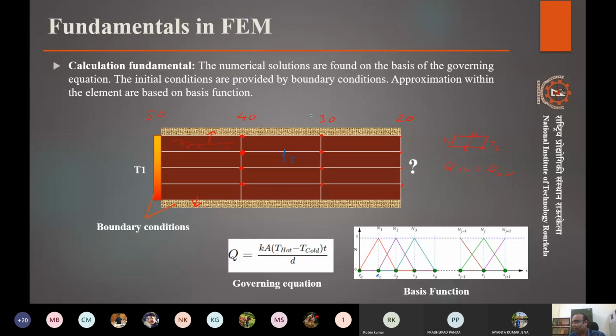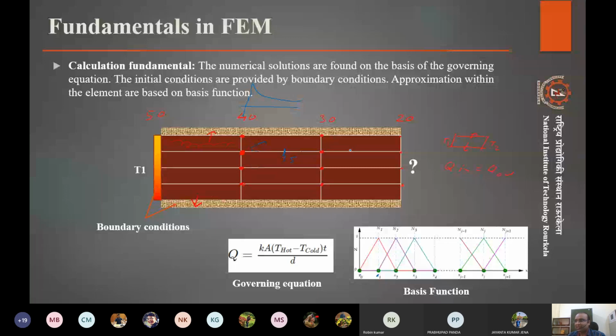But this can be quite different also. It can have an exponentially decreasing value as well. It can have a quadratic value as well. On the basis of that, we can calculate in 2 dimensions as well as in 3 dimensions. So ultimately we will have a full-scale visualization of how the heat is being transferred from one place to another.